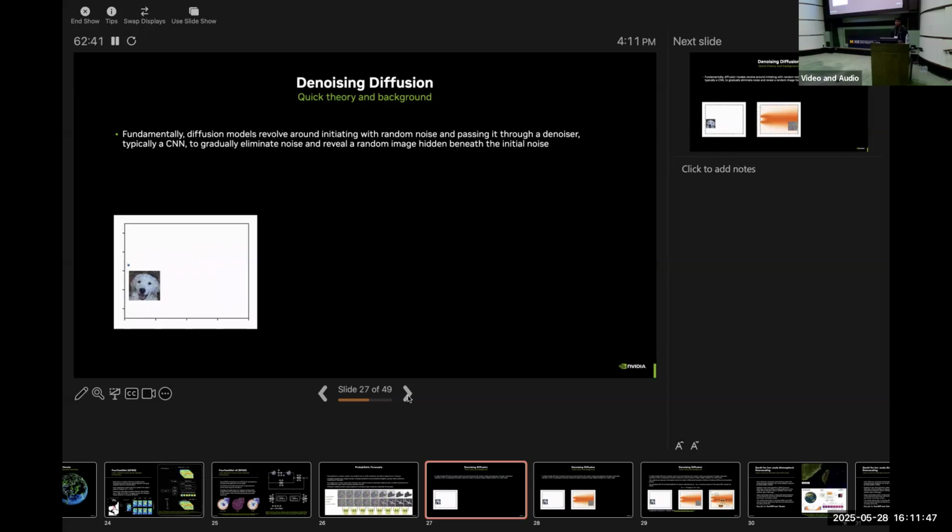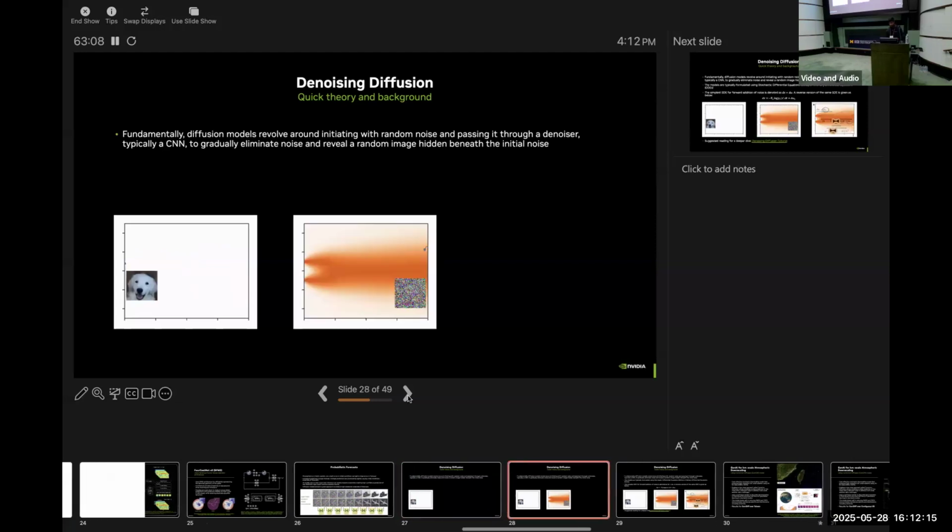a rough idea, right? So here, what we are showing is, on the y-axis, think of it as a pixel space, and on the x-axis, think of it as a level of noise added per time. And what we are doing here is we are taking an image, and then we are progressively adding noise to it till a point that it becomes completely white noise, right? So that's the extreme on the right.